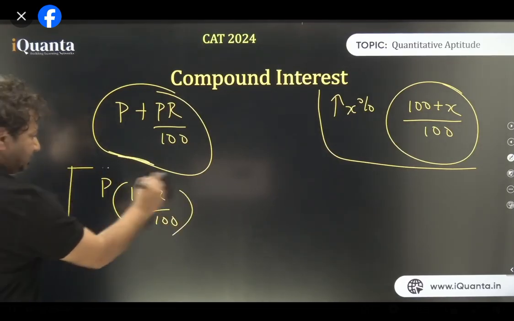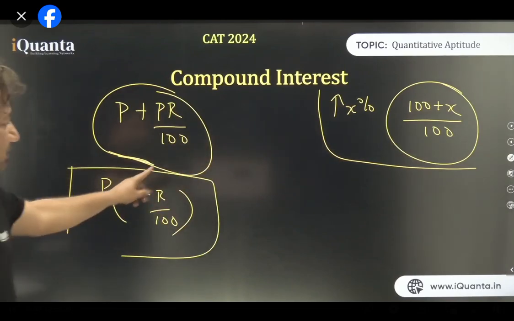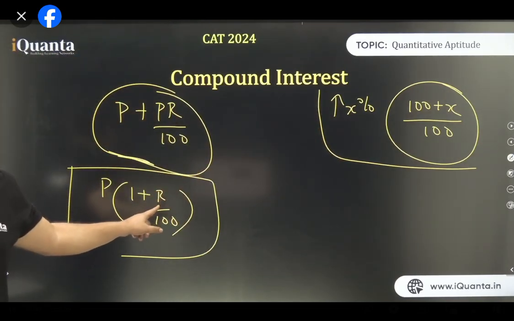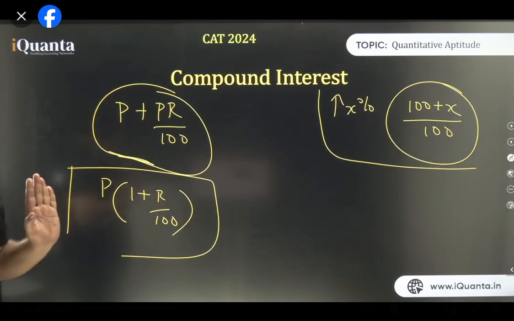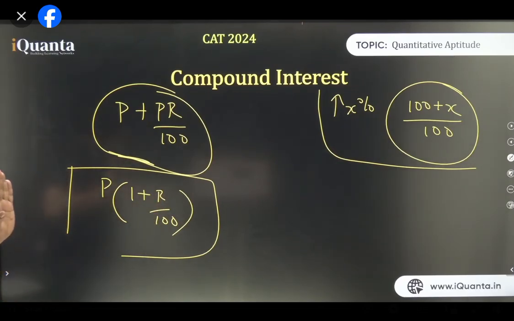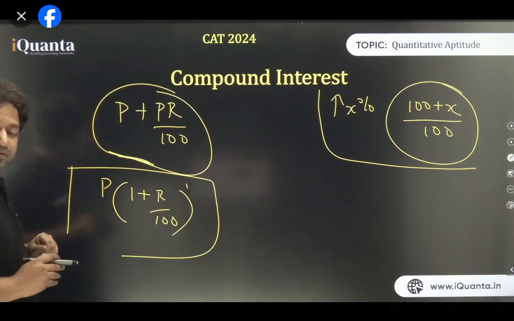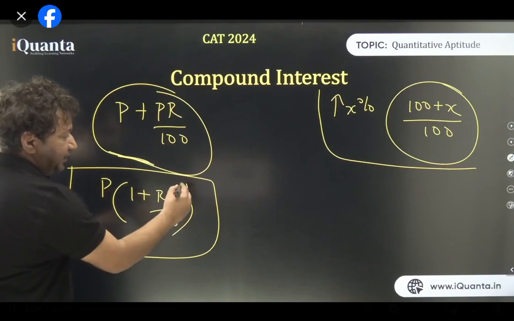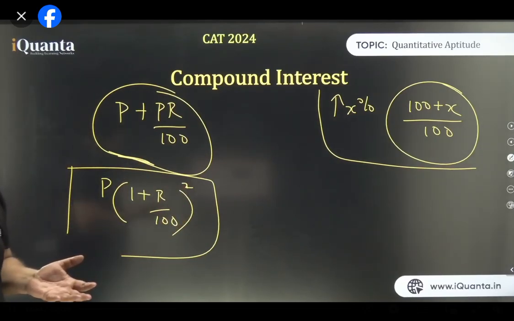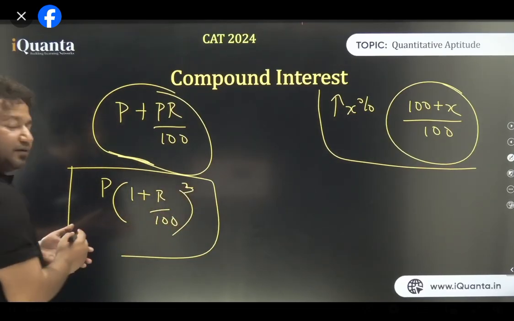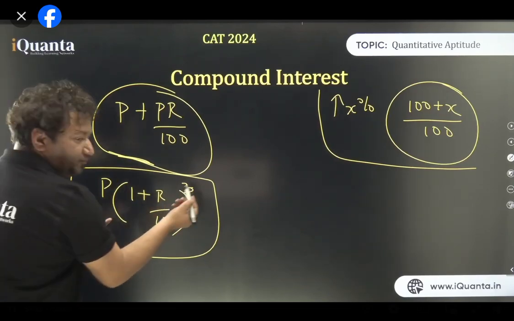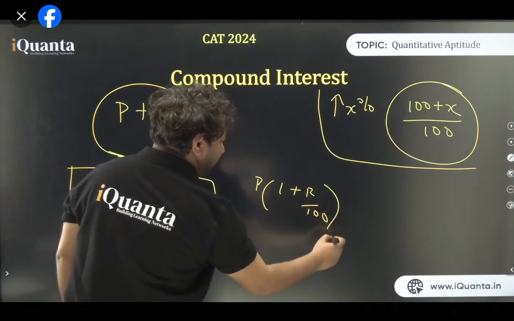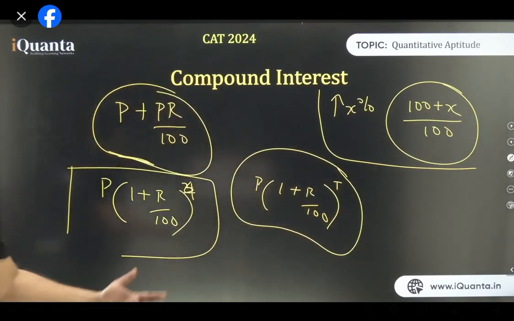Now if you look at this and this, both are making some kind of sense. It was x% over there, it is now R%. So things are increasing by R% again and again, year over year. First year, it was this much. Second year, it has increased by 1 plus R by 100 again. Basically, we are multiplying 1 plus R by 100 again. That means we can square it. If we do it again, it will be the power 3. So every third year, 3. 4 years becomes 4. So basically, to generalize it, if there are T years in total, I'll just raise it to the power T. T is the year.